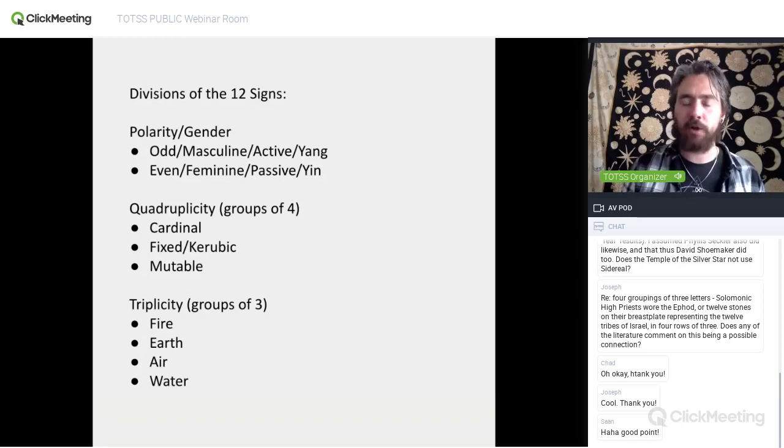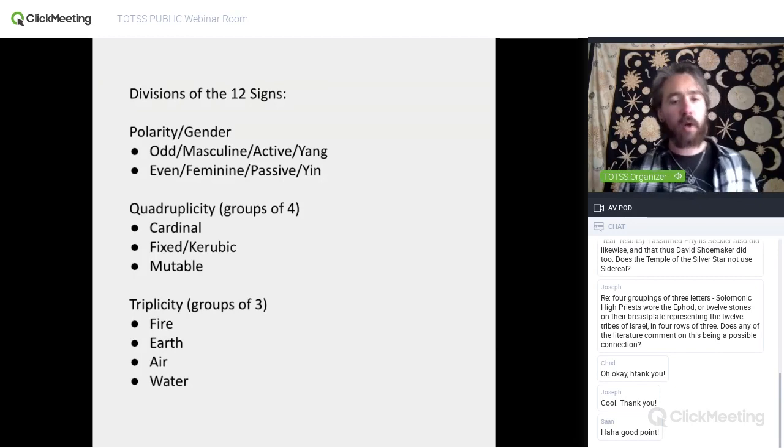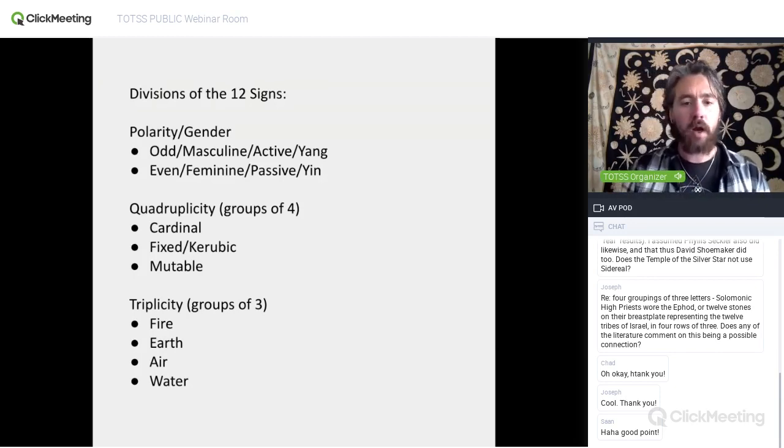Once you start studying astrology, once you get into the idea of triplicities and the triplicity rulers, then it becomes really easy to remember. But just remember that it's how many things are in the group, not how many groups there are, that defines the word. Okay, so our quadruplicities, our groups of 4, we're going to have 3 qualities, and those are